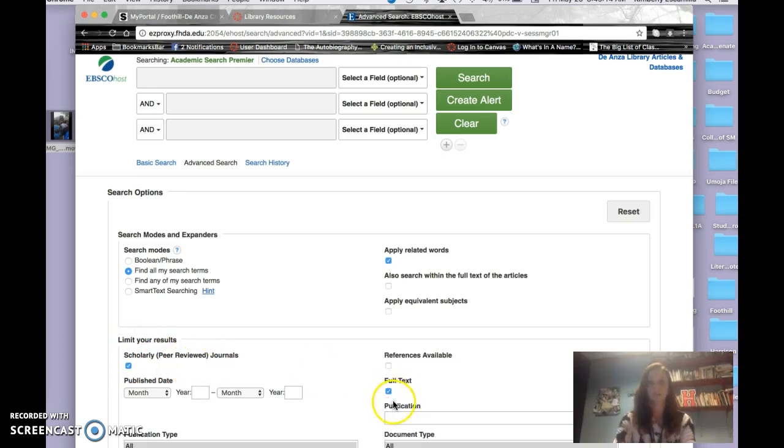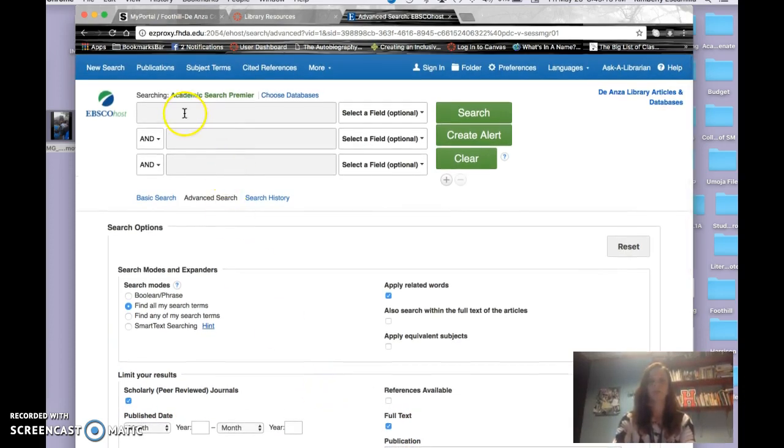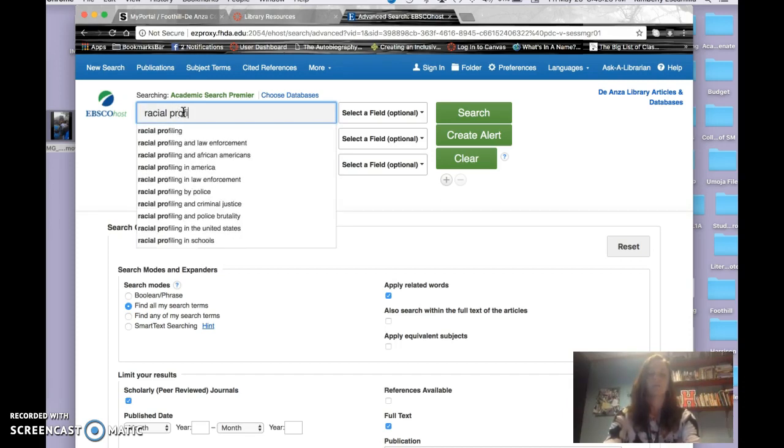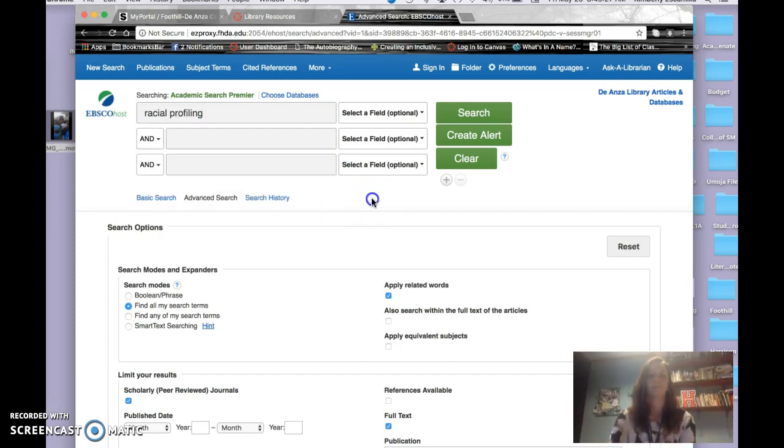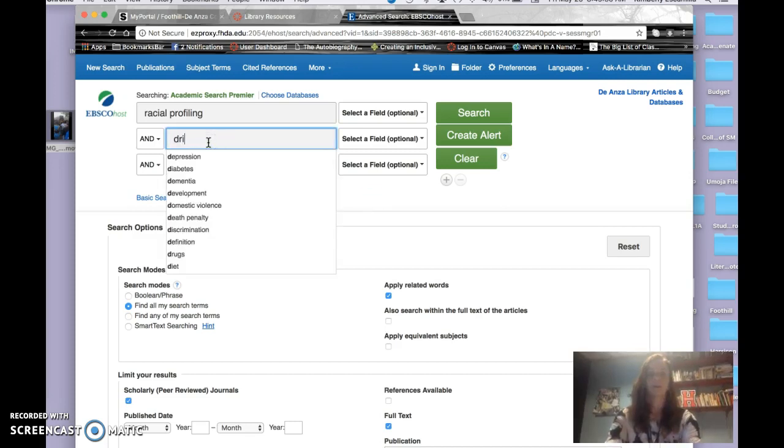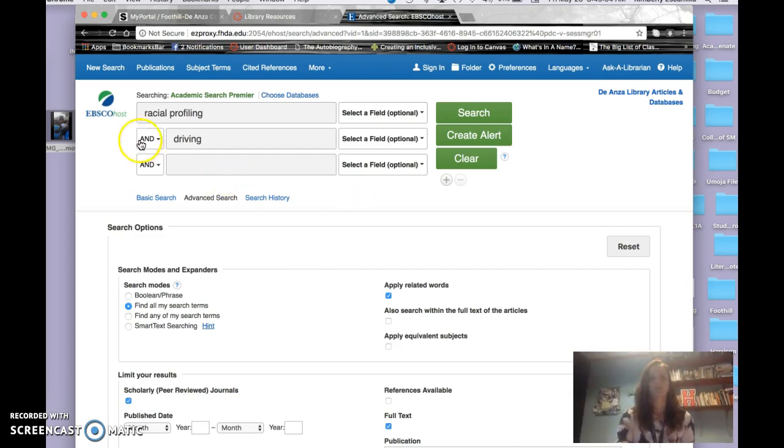You want to make sure this is listed full text, because that means we have the whole citation, or the whole essay, or article, not just a summary. And then you put in your topic. And I suggest doing it like this, where you can use the Boolean search key like this, the and, you put it in these two. You can change this to a or not if you are getting too many hits, and you can narrow it that way too. Then you hit search,